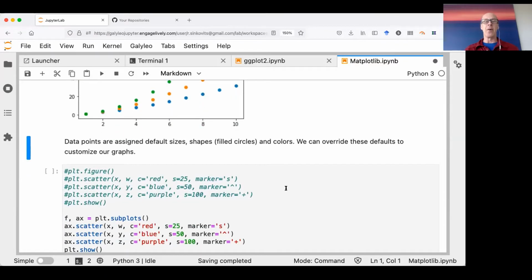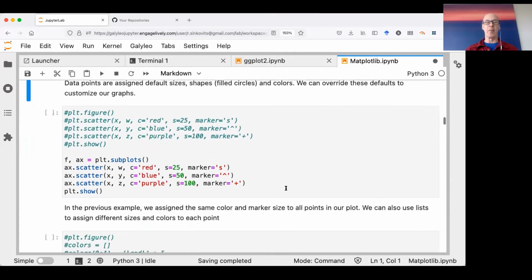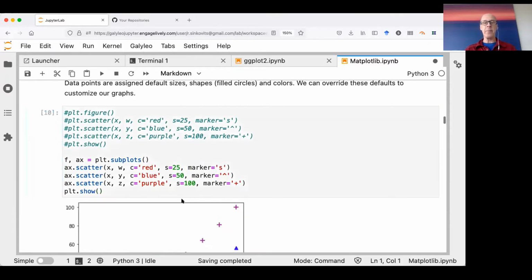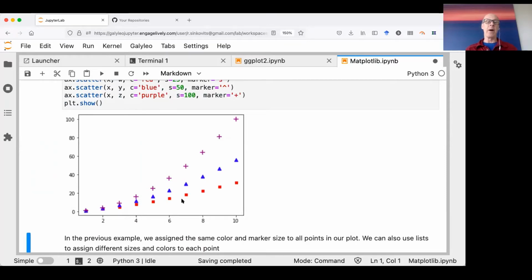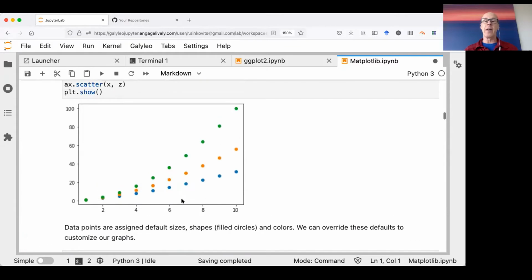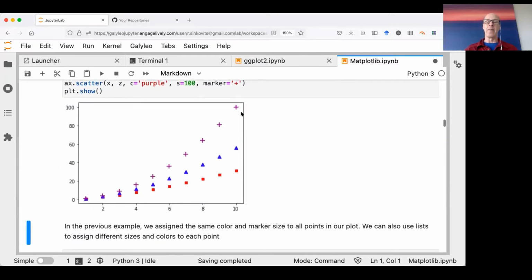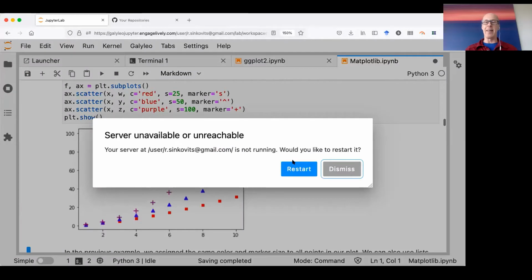All right, data points are assigned default sizes, shapes, and colors. And as you might expect, we can override these defaults to customize our graph. So what I'm doing here is I'm going to add a color. C stands for color. I'm going to set size. S represents size. And then finally, marker is indicated by abbreviations such as S, caret, or plus for square, triangle, and plus sign. So we'll go ahead and show that. We can see that we've now customized our plot a little bit more, rather than relying on the defaults that were chosen by Matplotlib. We've instead customized the marker sizes and the